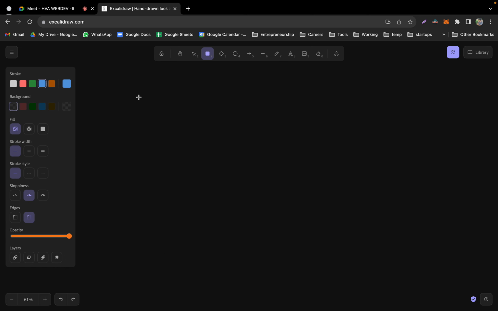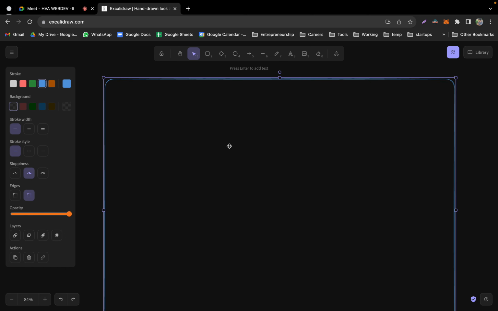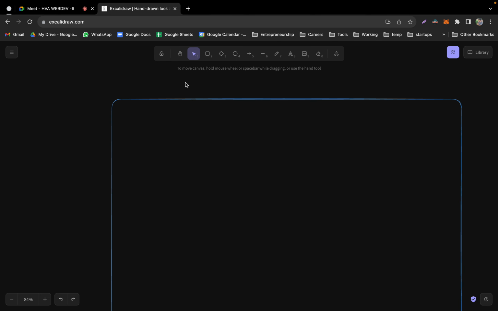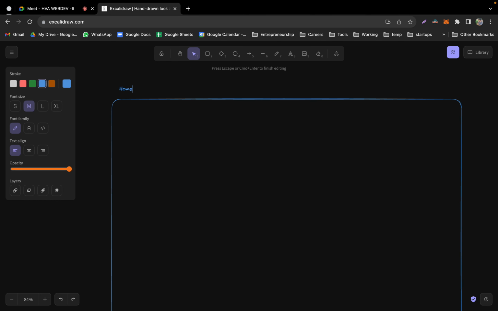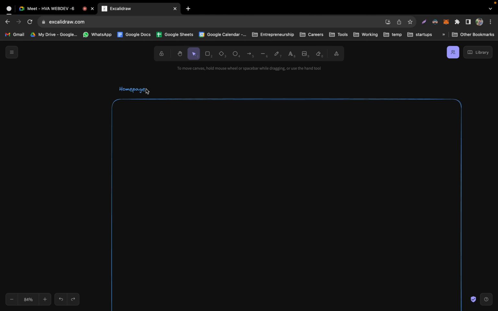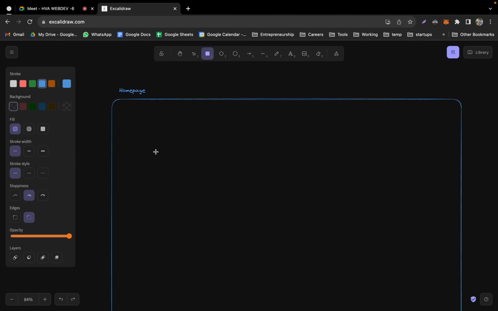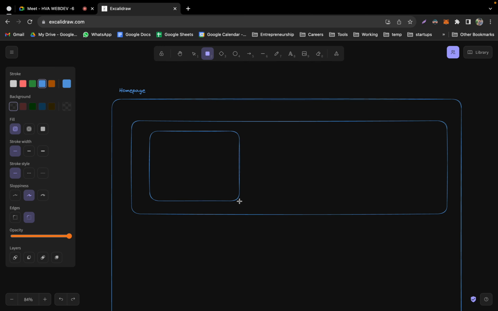Let's say you have your website here. This website is having some content. For example, this is your home page, and there you want to create a card division like this, and in that you want to create this card.